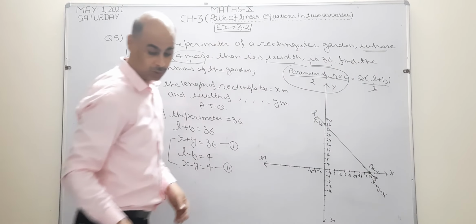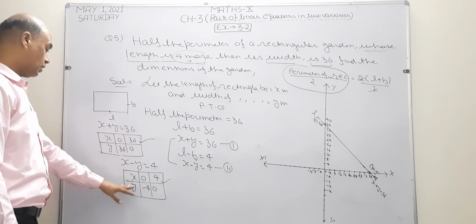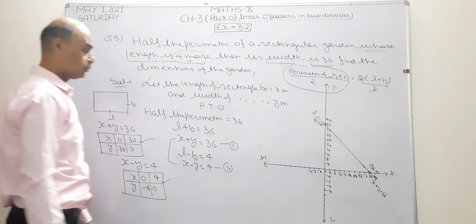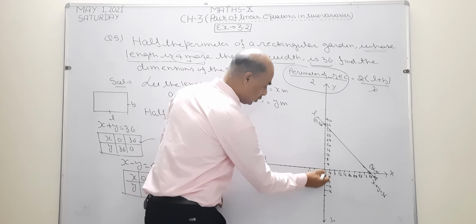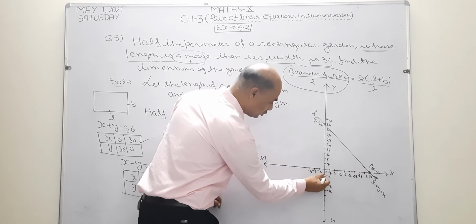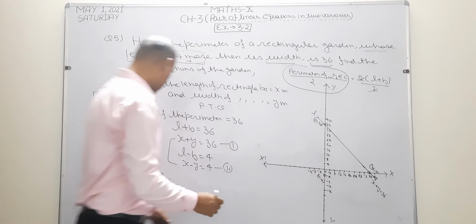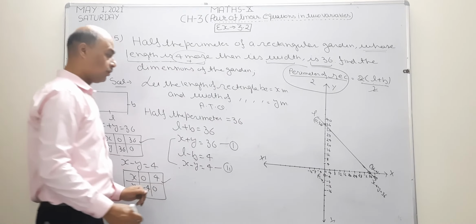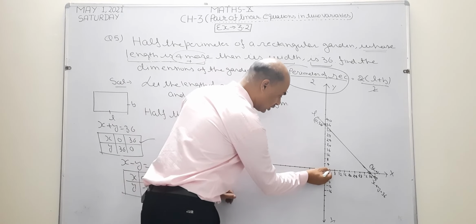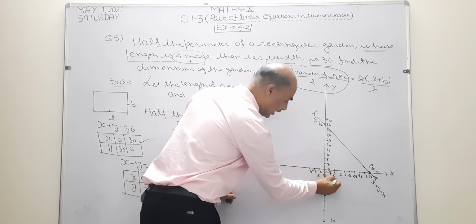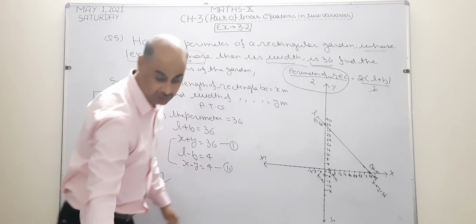Now, I want to draw the graph of the second equation. x equal to 0 and y equal to minus 4. At this point, x is 0, the value of y is minus 4, so the point becomes 0 and minus 4. This is the first point. Second time y is 0 and x is 4. Where is x equal to 4? At this point x equal to 4, so the coordinates become 4 and 0. Now I am going to join these 2 points.